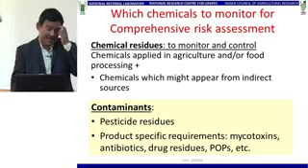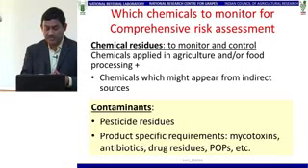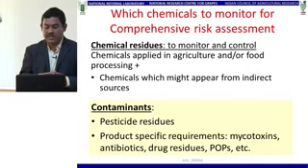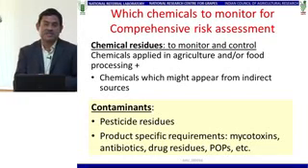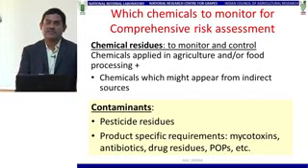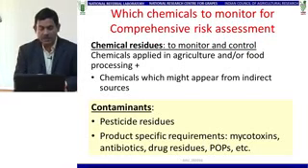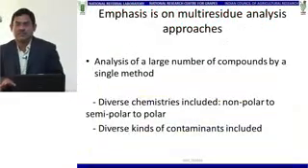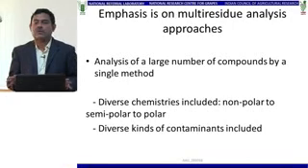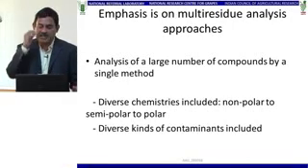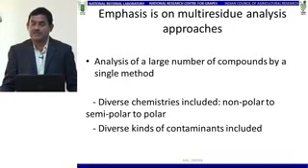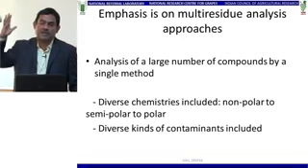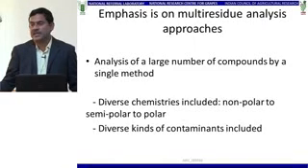So mainly in agriculture crops, pesticide residue is the most important thing, but there are product-specific requirements, sometimes mycotoxins, antibiotics, drug residues, and persistent organic pollutants are also coming as an emerging contamination issue. So in whichever case, when you try to do a comprehensive residue analysis, the best idea is to go for multi-residue analysis, because otherwise for a list of pesticides which runs into hundreds, how many days can you contribute